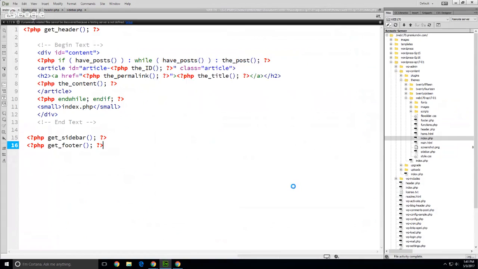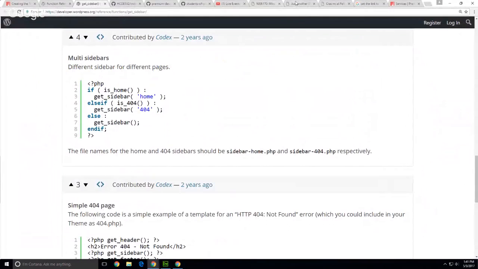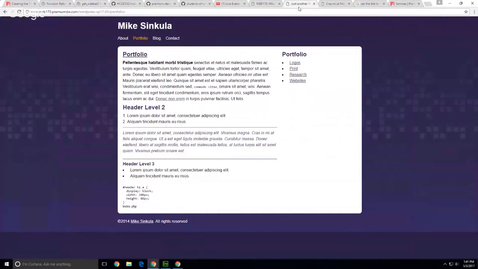I'm going to save that. And I'm going to adjust the label and say page.php now on this file. So now, if I'm on a page like Portfolio,